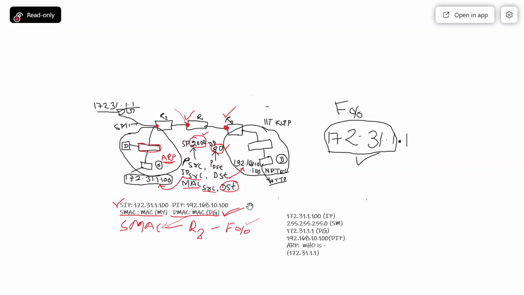How many times? One is in this network. Again another ARP protocol will be executed here. Okay, and another ARP protocol is here. And another ARP protocol is here.